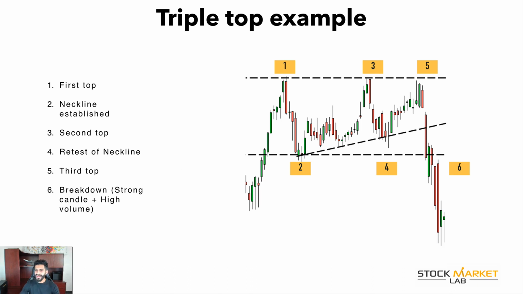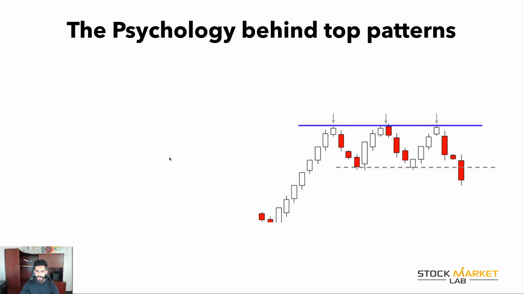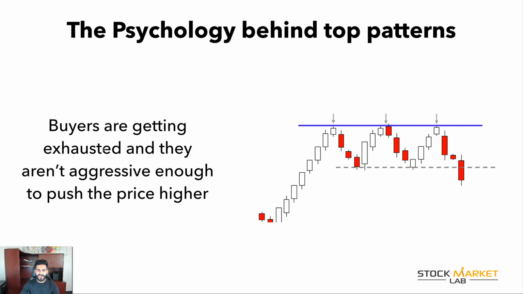So understanding why they're going down, understanding why they're going up is very important. Understanding why this is getting rejected, right, is very, very important. So what is the psychology behind these patterns? The psychology behind top patterns, right, is that the buyers are getting exhausted and they aren't aggressive enough to